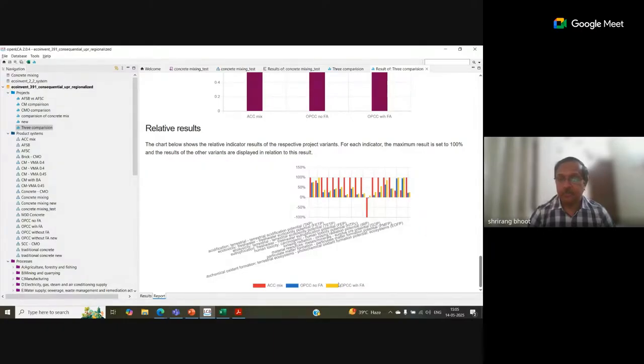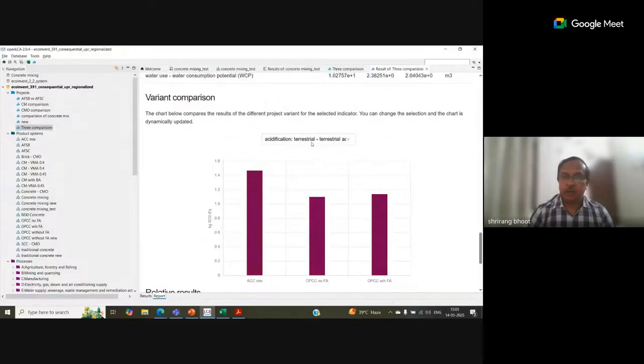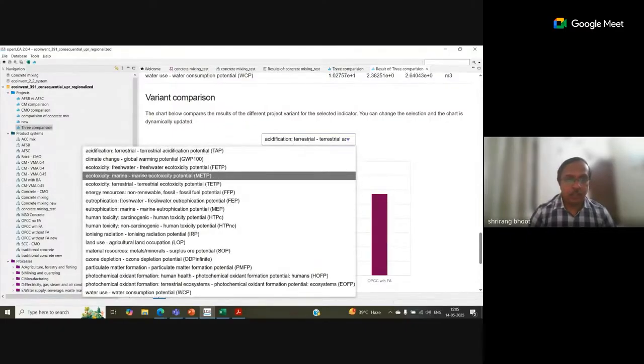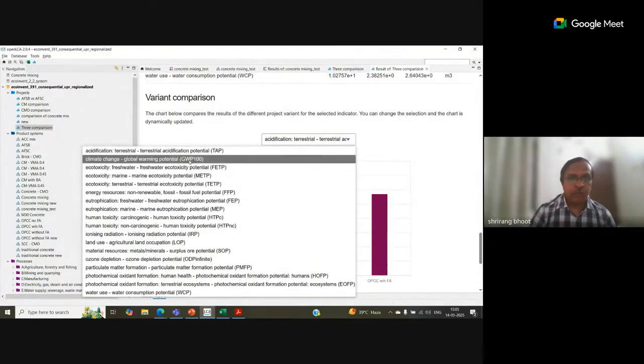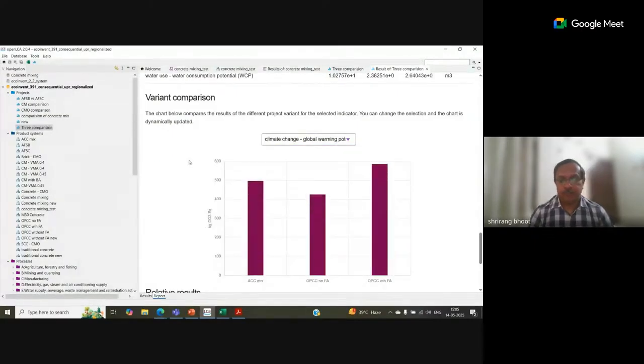So these are the three different mixes which I have compared here. But here I can also get individual values for them. So which is the mix which is contributing towards more? So this gives a comparative analysis when we go for a project report in the OpenLCA software.